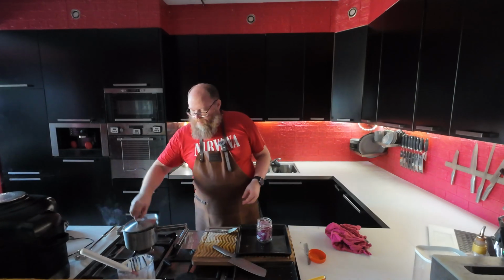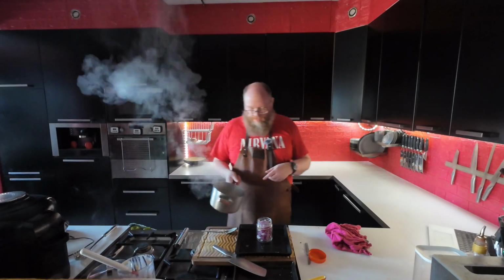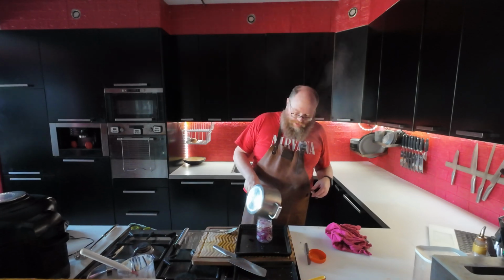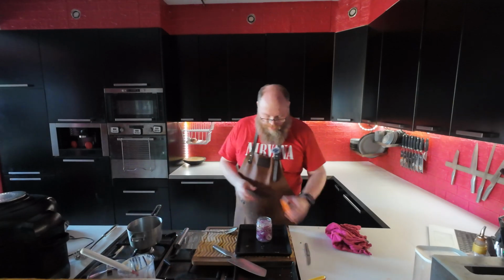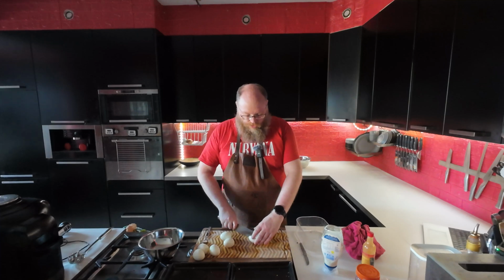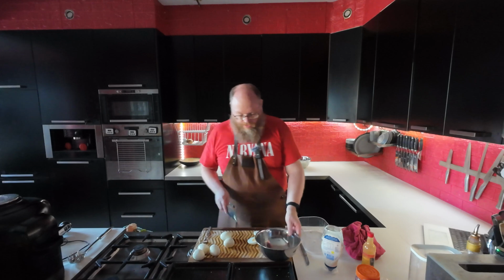And in the meantime, my pickling liquid has come up to temperature. So this is why I use a saucepan, because it's much easier to pour. I'm going to pour that directly over these onions. Make sure it's filled all the way to the top. Just put the lid on and let those cool down. And my camera cut off, so while that was cooling off, because my camera overheated, I just quickly peeled these